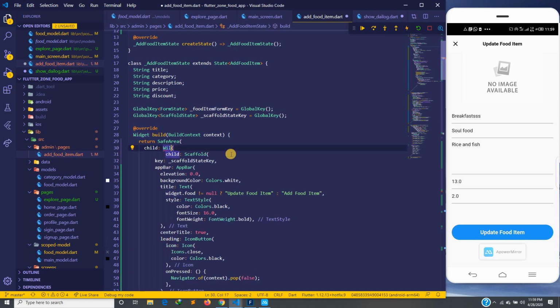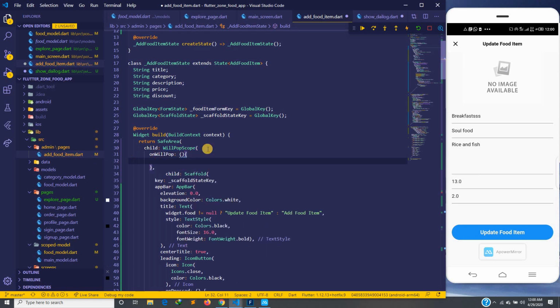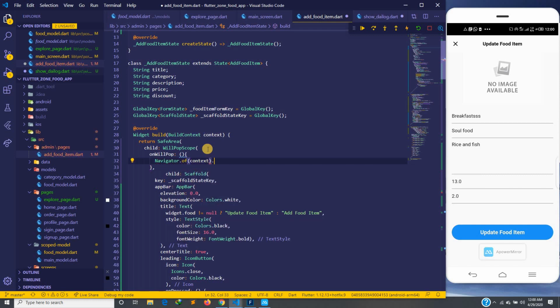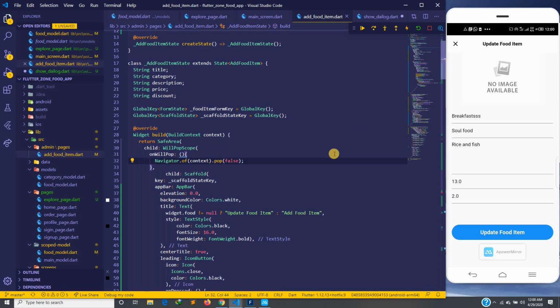So let's just quickly do it. Not that page. Okay, so on way of pop, we do it this way, and then we now have to call Navigator.of(context).pop. Okay, so this is what we are supposed to do, passing false. This also accepts the value, so we save, and then let's try to go back and see if something will work. Go back,